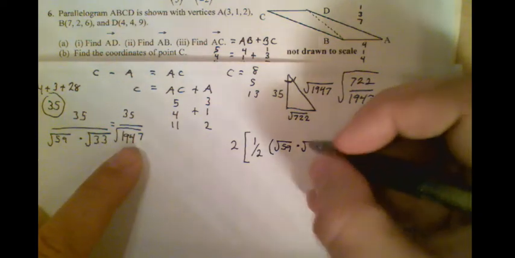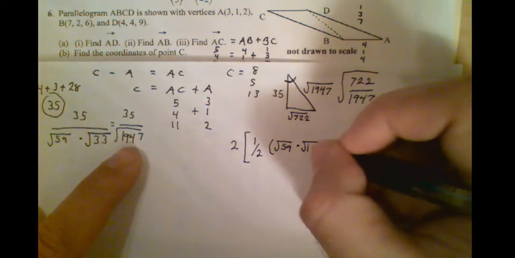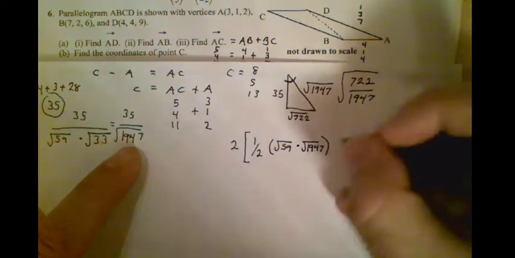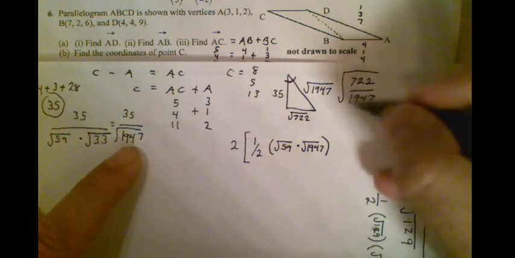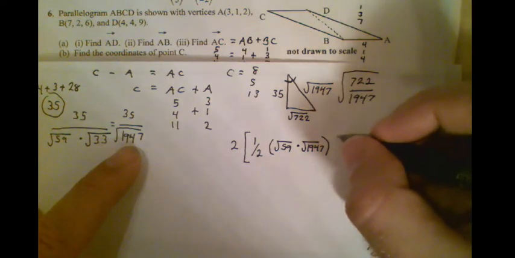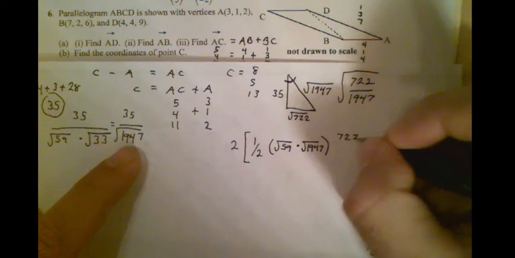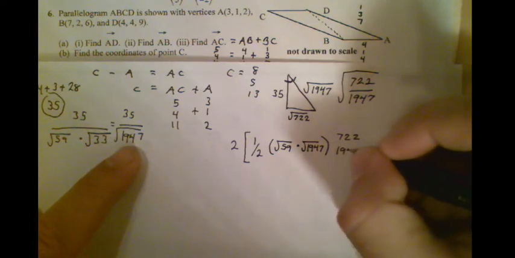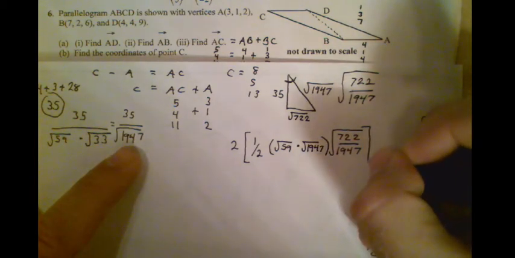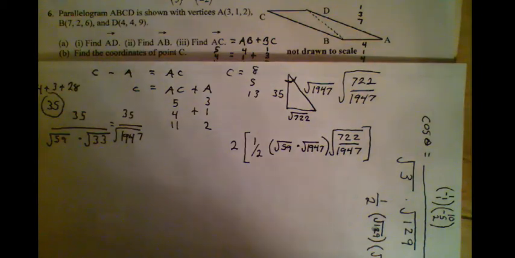I guess I could have just put that number in there. It's always good to show your work on a test anyway, though. So I got my 1/2 AB sine C, and we already know the sine of that angle is this. So that's where I can throw in that setup right there. So there we go. So I got two triangles to make up that